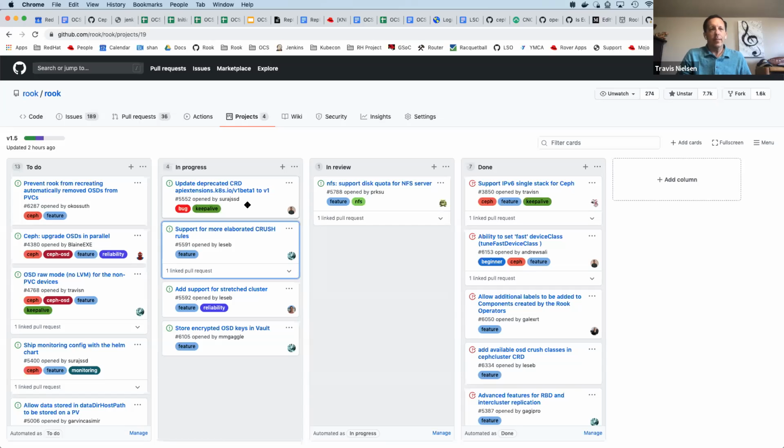But on the latest releases of Kubernetes, you get warnings whenever you install Rook now, because we are still using the v1 beta 1. So I did a little prototype of this last week, and I feel comfortable with going ahead and making these changes in master and basically the 1.5 release. And I have some level of confidence that upgrades will be fine.